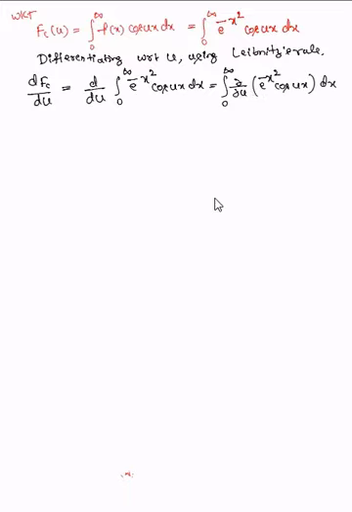So now this is equal to integral 0 to infinity. See here, we have to differentiate this function partially with respect to u. Partially with respect to u means the x term is constant, means this e power minus x square is constant. Only the u term you have to differentiate. What is the u term here? Cos ux. So here we have u. You have to differentiate only this partially.